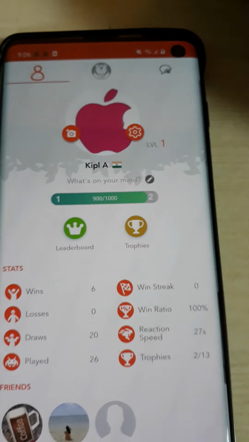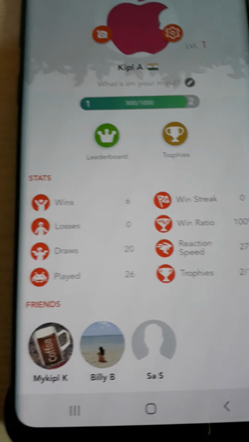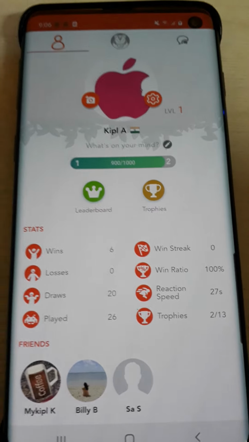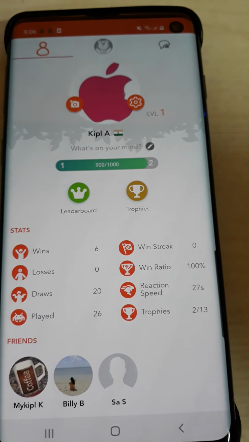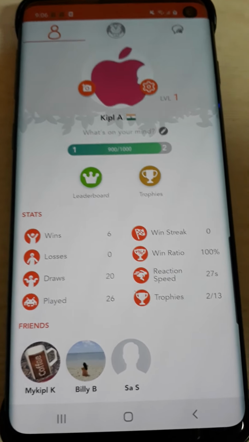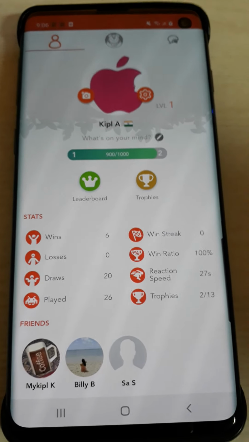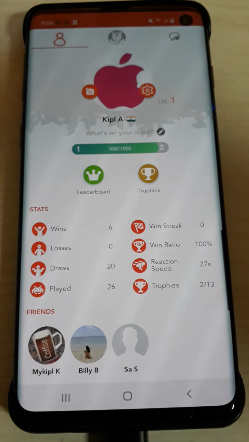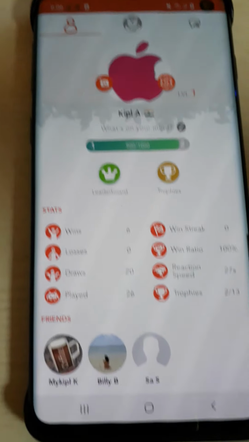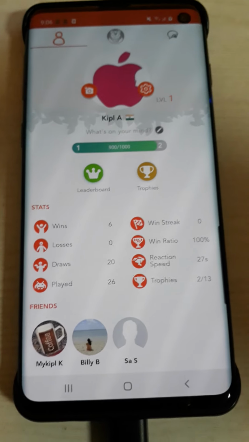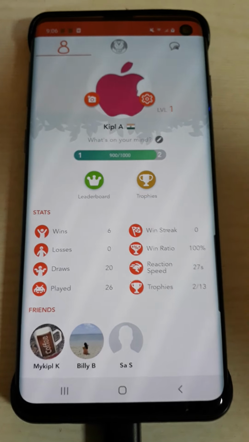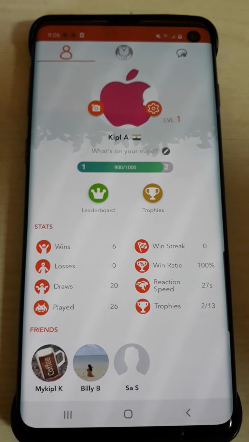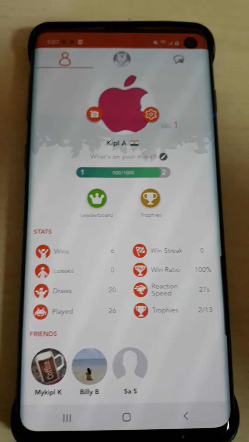So for this type of functionality we need the user's location, we need the user's country, and there is no sign up form in this app. Without location, we cannot show the country flag and this filter functionality in this app. For that we require the user's location. Without this we cannot show this functionality in this app. Thank you.